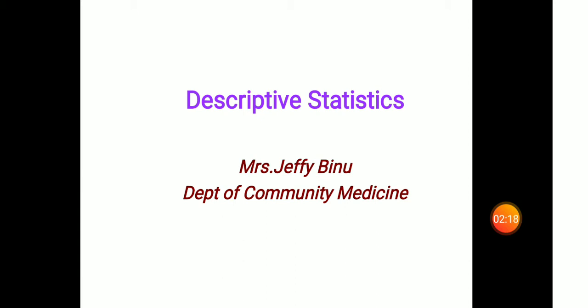So for this purpose, we need a measure. We need an exact value. These measures will help us to find the exact value. All the frequency distribution tables, which we mentioned in the last class, give us only the tabular form, or it is the first step towards the condensation of large data into a compact form. But the measure gives us an exact value, a single value, which will help us to condense the data more.